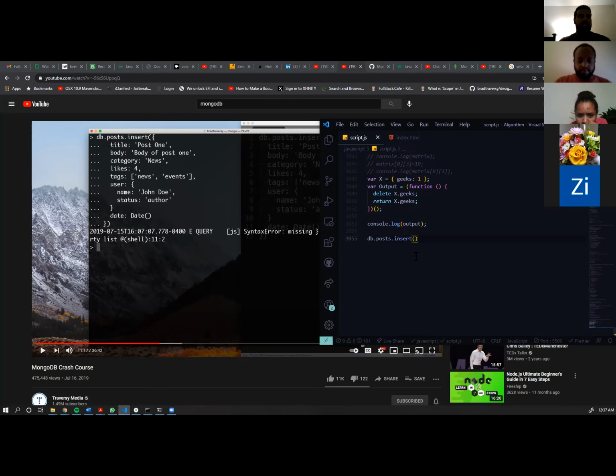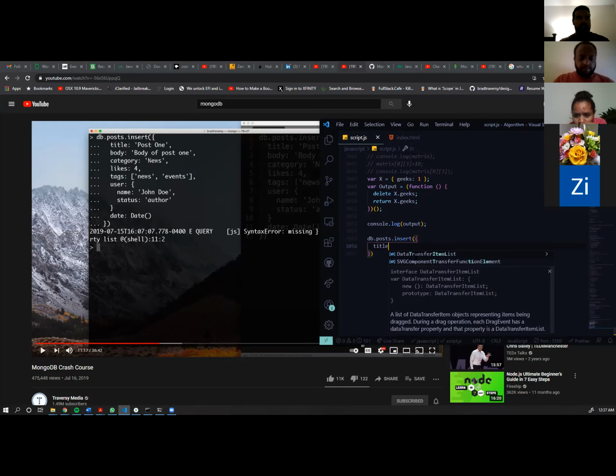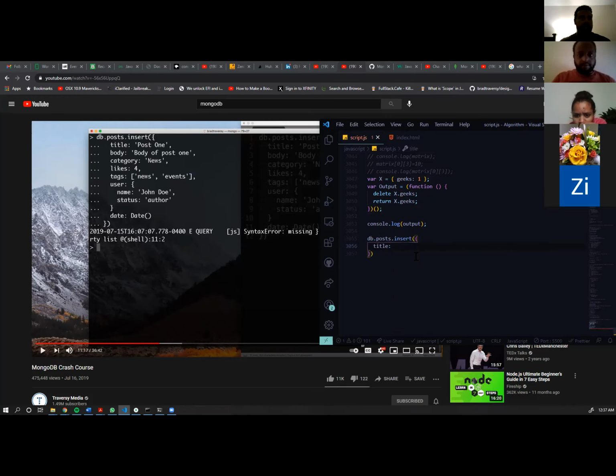So here we write insert, and this will be here. We open and close this curly brace, so whatever we write goes down here. So title, colon, and then filling in the text. So post one